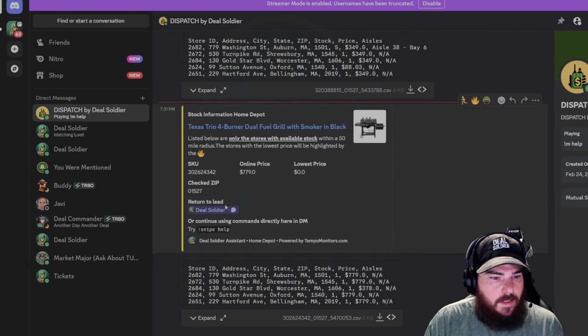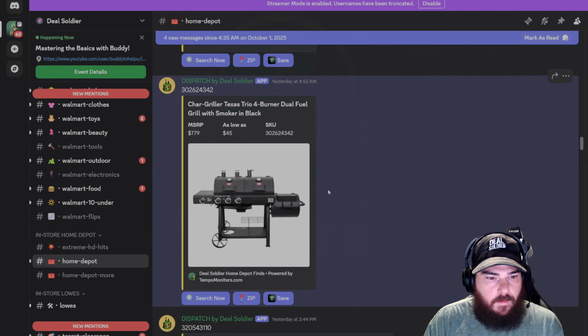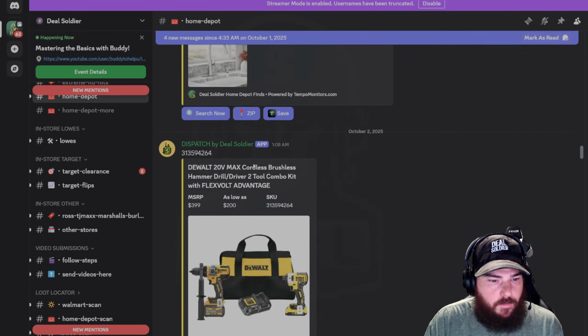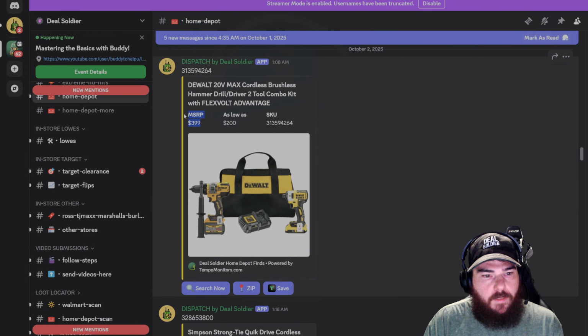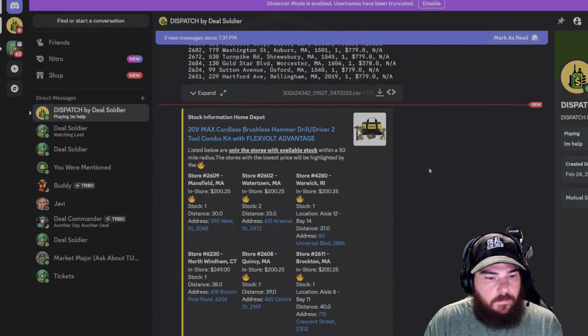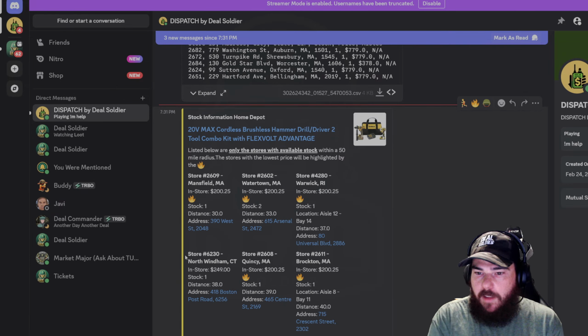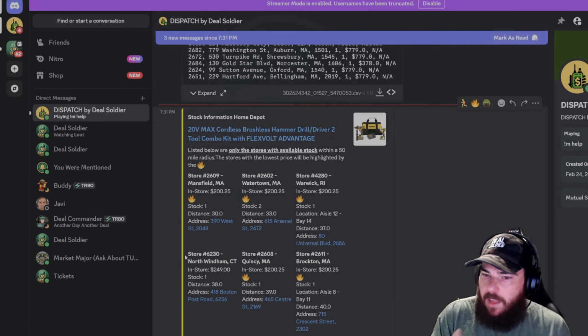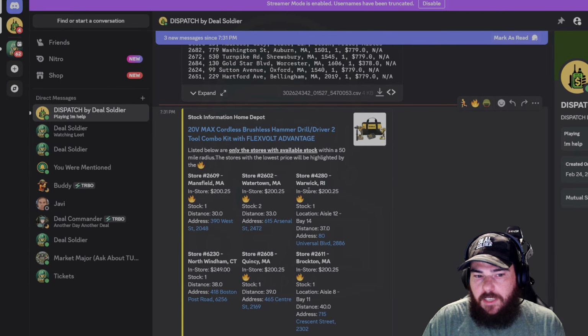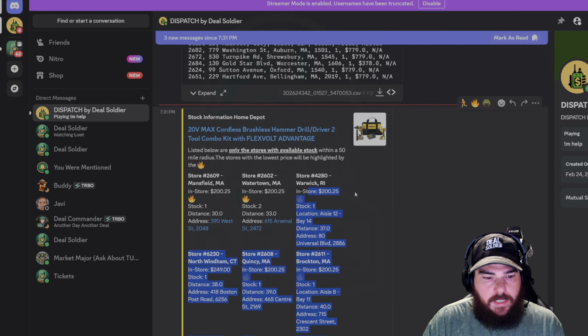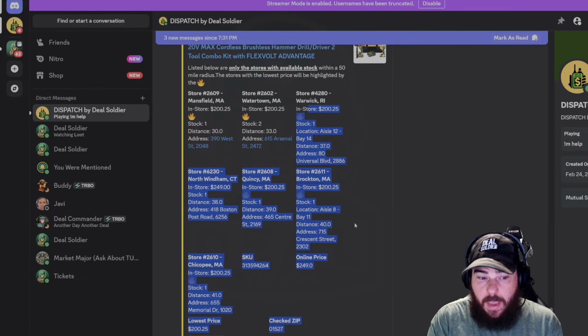No big deal. I know this, I bought a couple of these last week. We probably cleared them out. Check tools. As low as 200, MSRP $3.99. But you see, every time I click that search now button, it's searching that 50-mile radius of Home Depot, Walmart, or Lowe's, and it'll give you all inventory stock as well as the lowest prices. So my stores are now seeing it as the 200 low price. That still may drop a little bit.